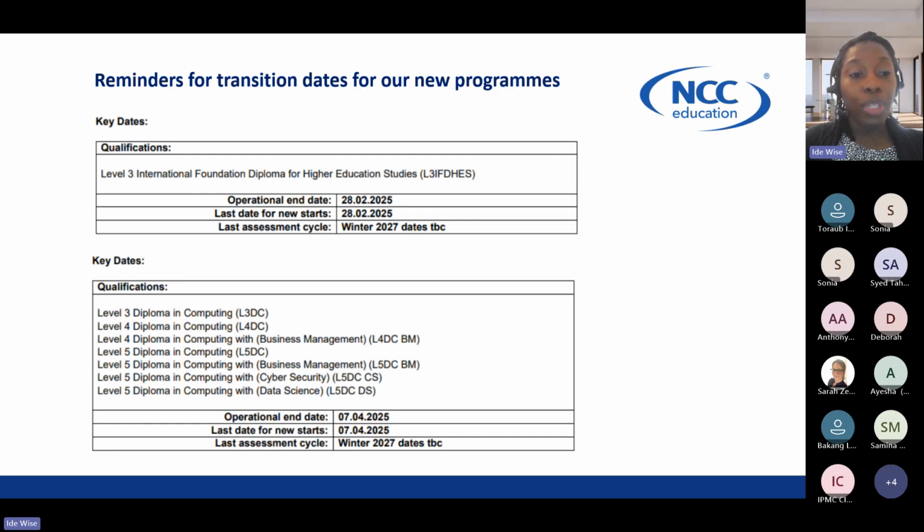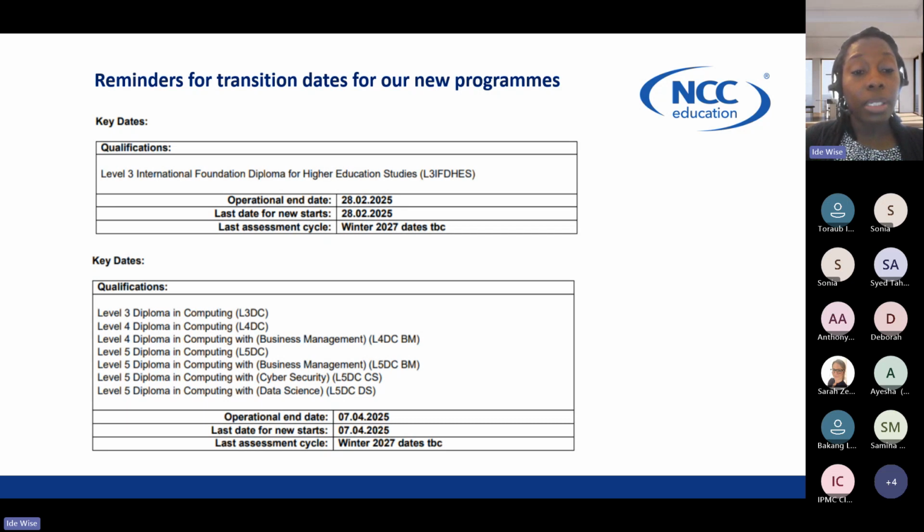For the Level 3 IFD, the operational end date will be the 28th of February 2025. So that is the last cycle that you can enroll any new learners. So any new learners starting after the 28th of February next year will need to be enrolled onto the new version, the 2024 version. They can no longer do the old one.